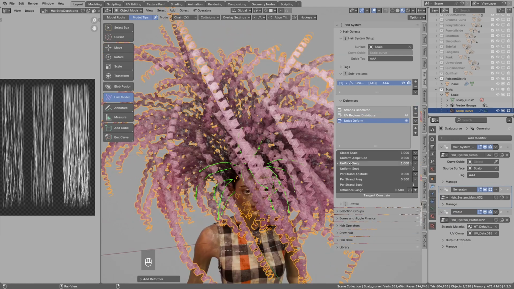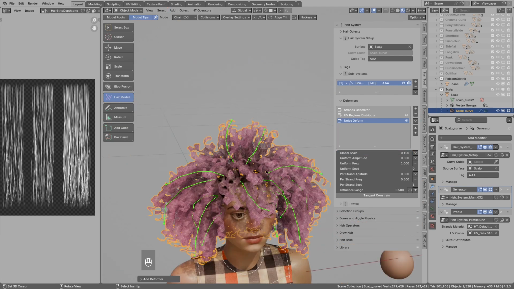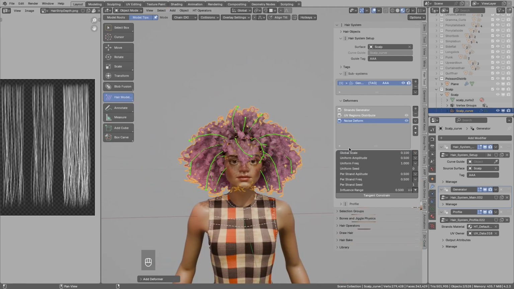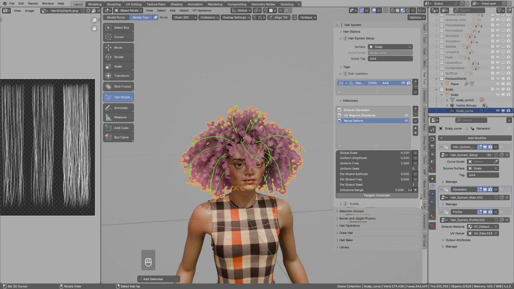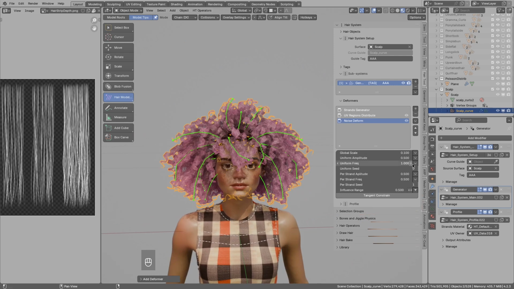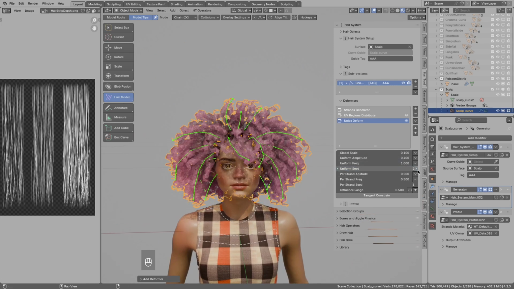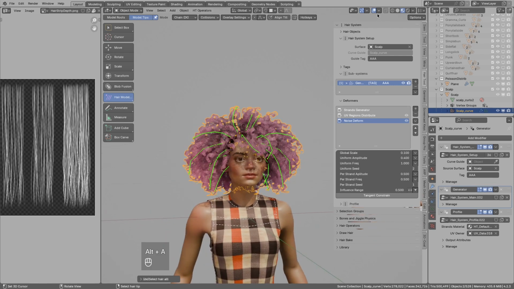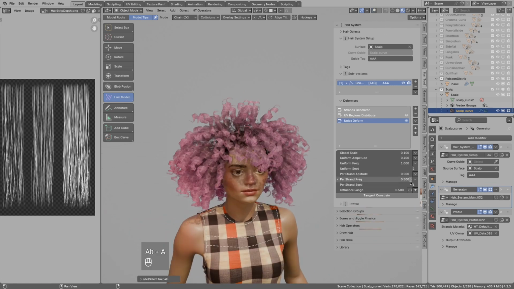Again, this is way too big, so the first parameter to tweak is global scale. Let's make this smaller. In my case, I already know from experience for realistic size of the head, it will be around 1/10. And you can change now some noise amplitude, seed settings, stuff like that. Maybe you will find the preset that you like the most.